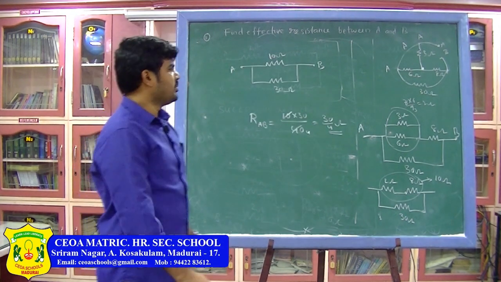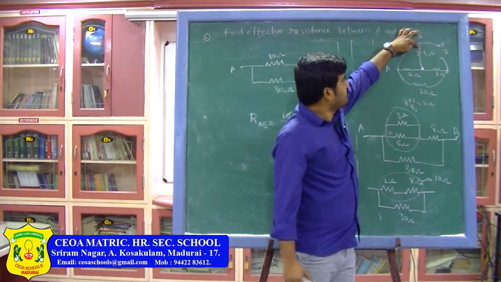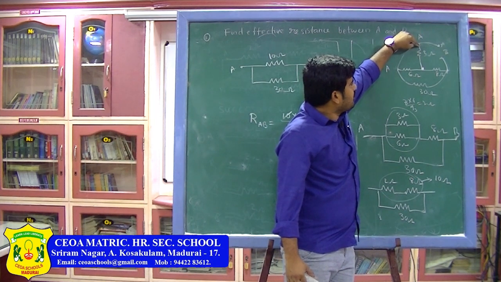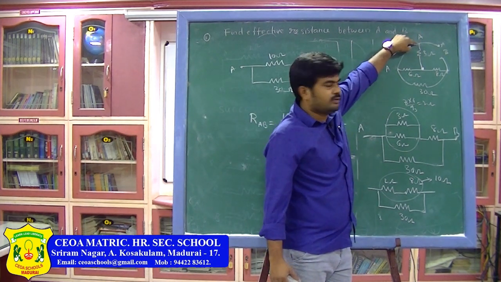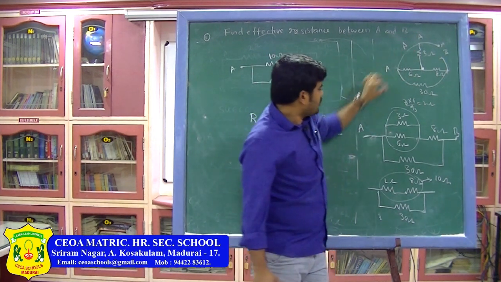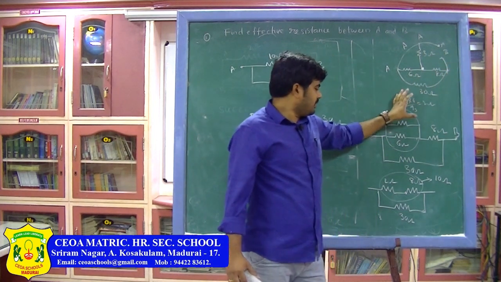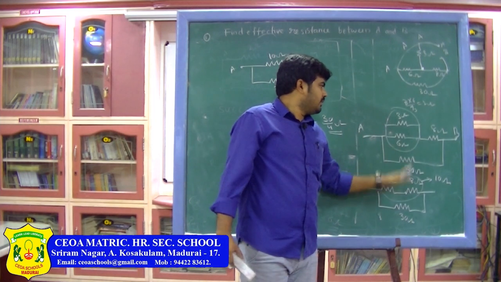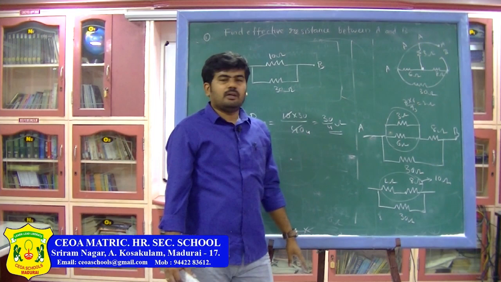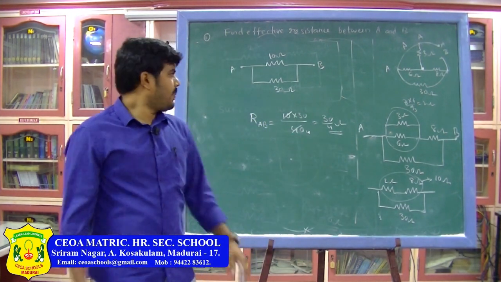So that is how you can simplify the circuit. Remember, this is a wire connection between 3 ohm and 6 ohm. That means nothing will change in the circuit if you connect this 3 ohm resistor anywhere across this wire. So I can remove this connection and again join 3 and 6 ohm together like this, and redraw the circuit. So that is what I did. That is how you can simplify the circuit step by step, and this method is called the successive reduction method. So that is how we can find resistance for circuits in the successive reduction method.